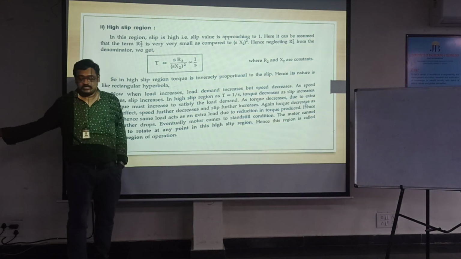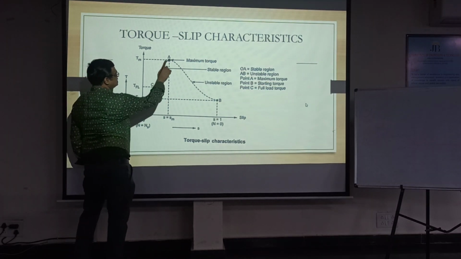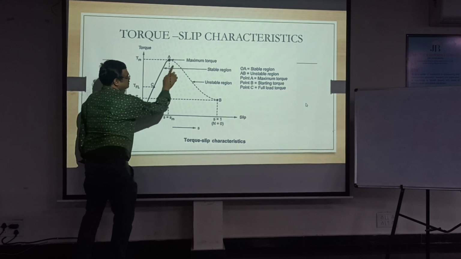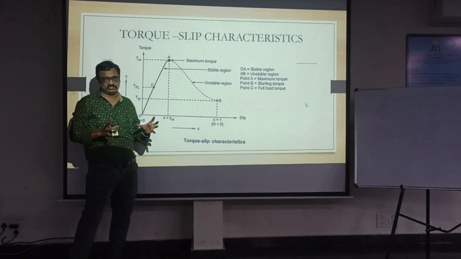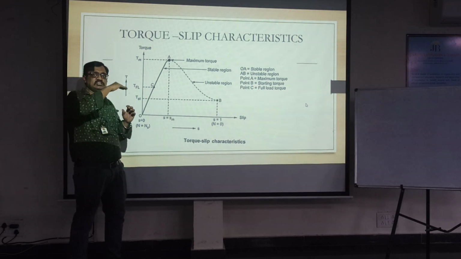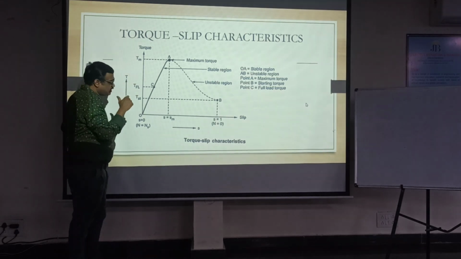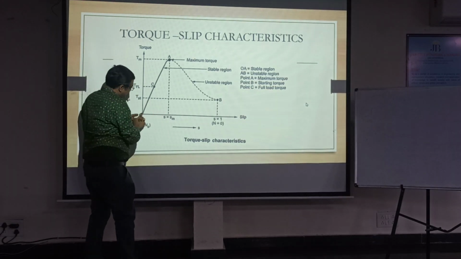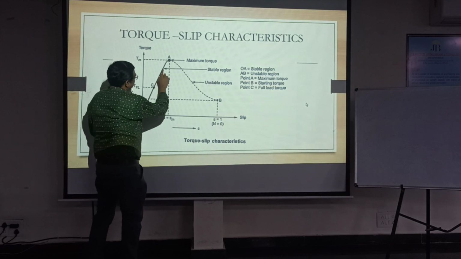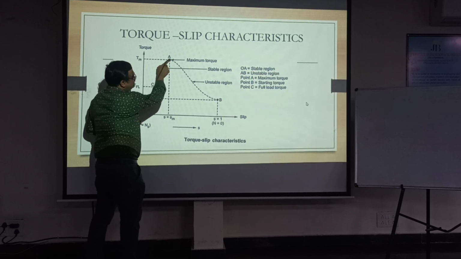In this graph, this is the stable region, and we are going to get a maximum point. This is the maximum torque. Every machine will have a maximum torque. At that point, the machine is allowed to deliver the maximum torque. If you increase the load further, the machine is not going to allow it. If you are still increasing the load, what will happen? The slip is going to increase, the graph reaches the maximum point, and from this point, it is going to take a diversion.